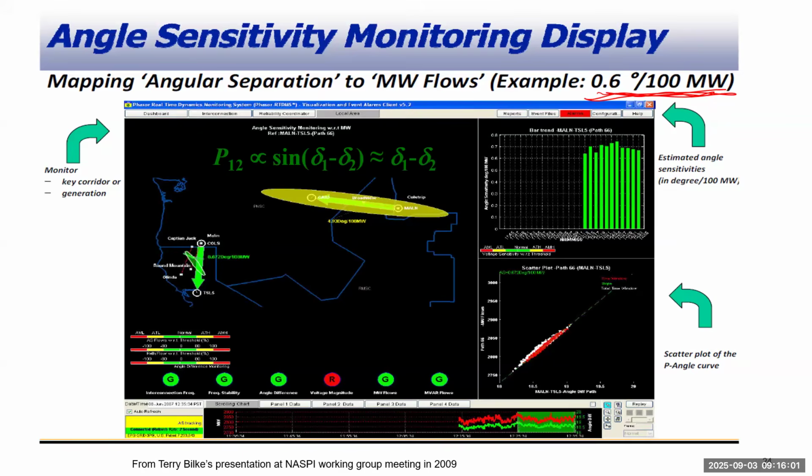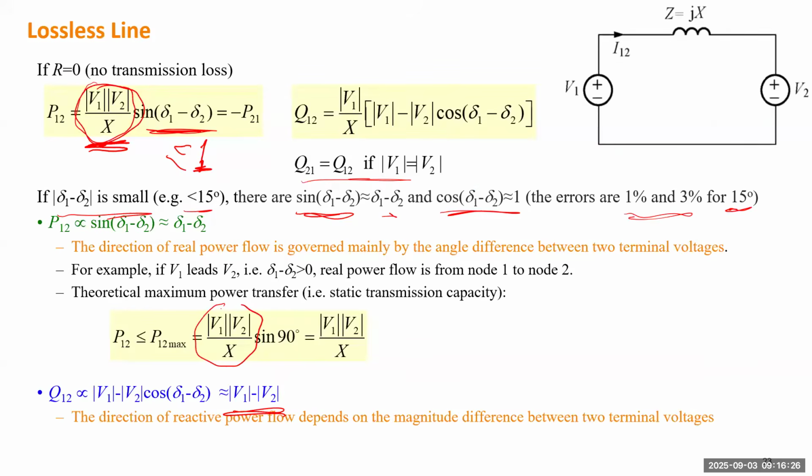So for this case, they can easily just monitor how the power flow is going to change. But to calculate the more accurate power change, we'll have to wait until session number 6 when we talk about power flow. That will give you a more accurate calculation. But for this example, just to give you an idea, even if we only know that very simple relationship, we can utilize it for many monitoring applications.